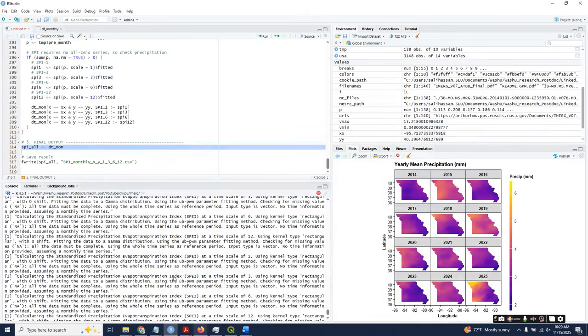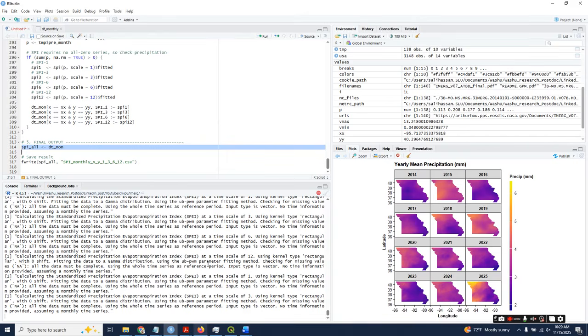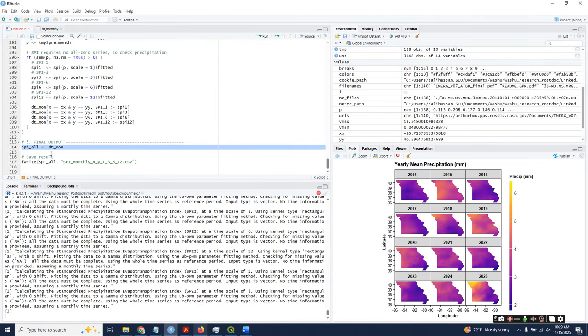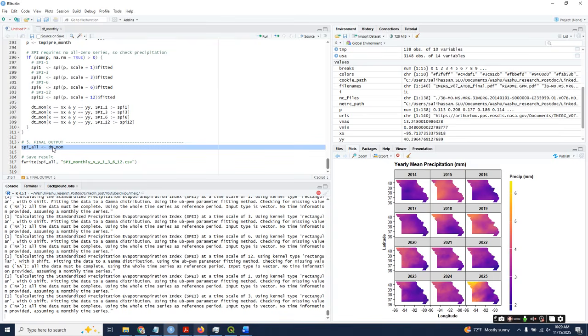And let's see if it is completed. No, still it is running. Once it is completed, then we will run the final output,